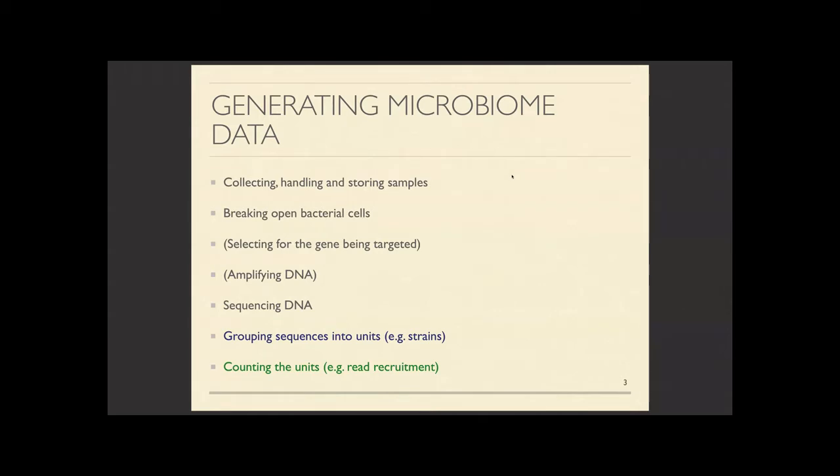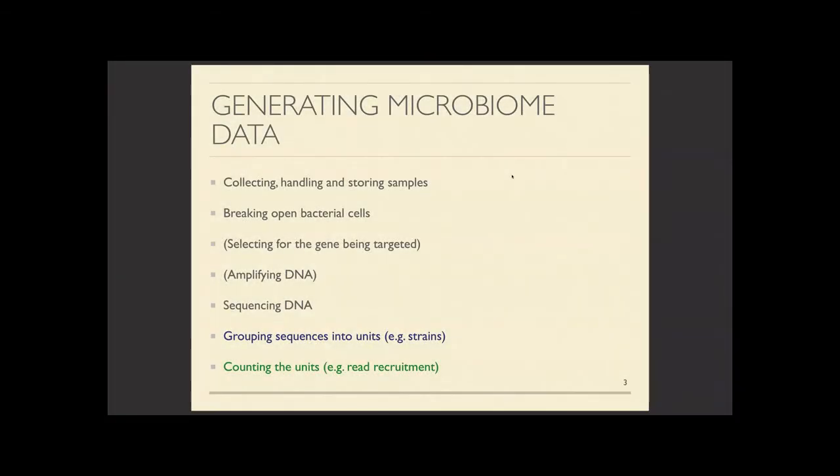As many of you know, the process of generating downstream microbiome abundance tables requires a lot of steps, and some of those steps are performed in the wet lab and some of those happen in the dry lab. So steps that are required in order to generate these abundance profiles include sample collection, sample handling, sample storage. We have to be getting at the DNA that's in these bacterial cells. We'll do that by lysis or DNA extraction. In some cases, we might be targeting a specific section of the genome, maybe the 16S gene. In other cases, we might be doing whole genome or shotgun sequencing. Depending on the biomass setting we're in, there might be a DNA amplification step. Then we take our DNA product to our sequencer, maybe that's nanopore, PacBio, Illumina sequencing,